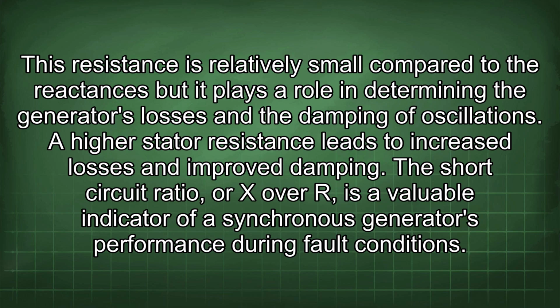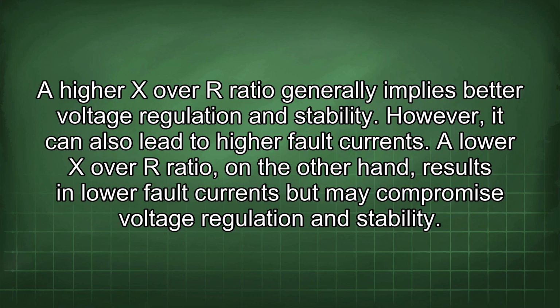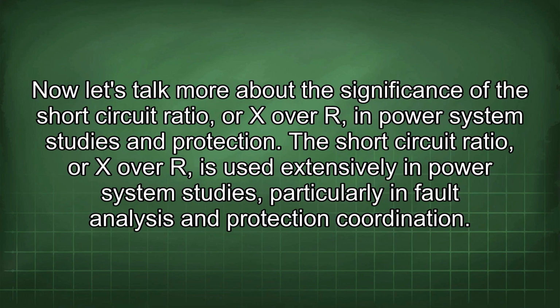The short circuit ratio, or X over R, is a valuable indicator of a synchronous generator's performance during fault conditions. A higher X over R ratio generally implies better voltage regulation and stability. However, it can also lead to higher fault currents. A lower X over R ratio, on the other hand, results in lower fault currents but may compromise voltage regulation and stability. Now let's talk more about the significance of the short circuit ratio, or X over R, in power